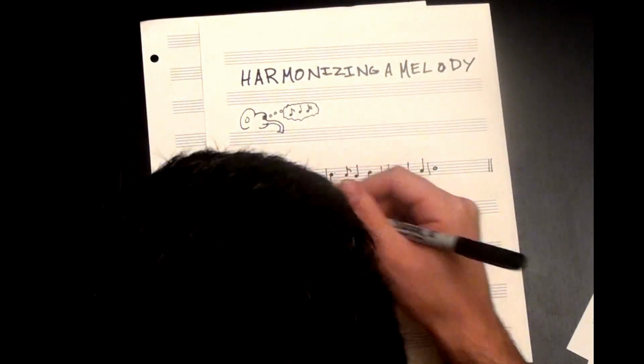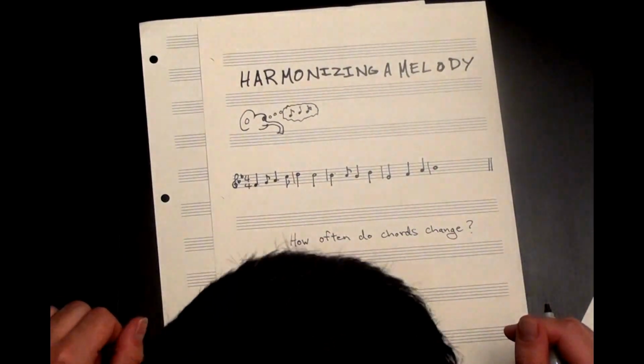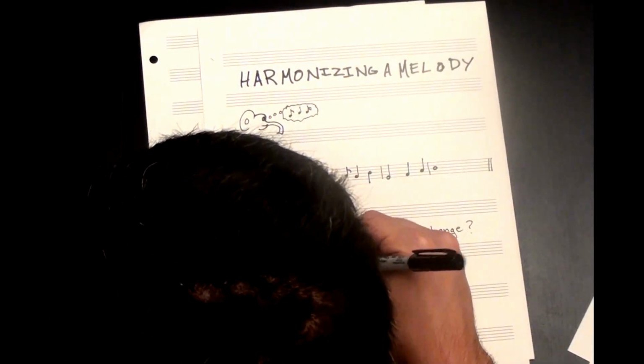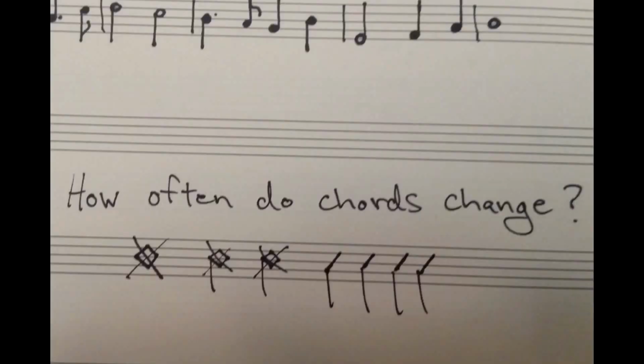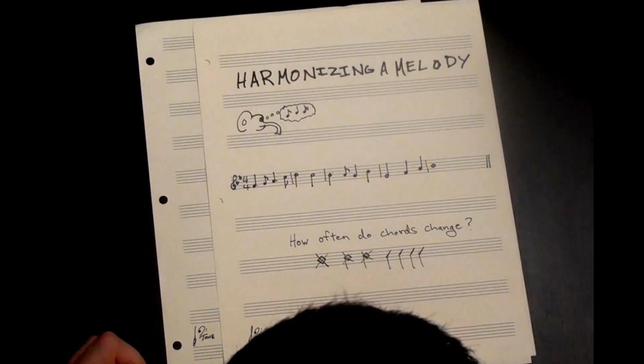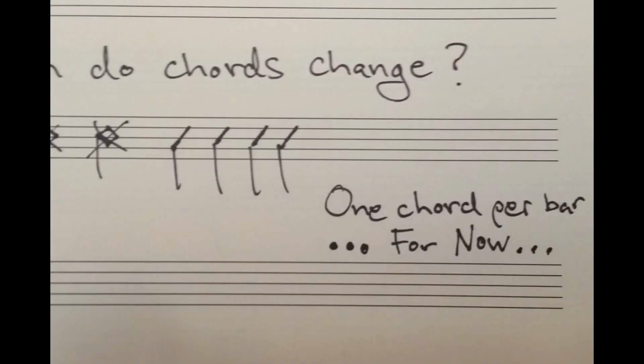One of the first things you have to decide is how often and where you want the chords to change. There are a lot of options for this. You can do something simple like the beginning of each bar, or on the ones and threes, or every beat, or you can do more complex syncopated rhythms with chord changes on offbeats, or if you want to take a classical 4-part writing approach, they can change with every melodic attack. But for the sake of simplicity and our sanity, we're going to start with just one chord per bar.